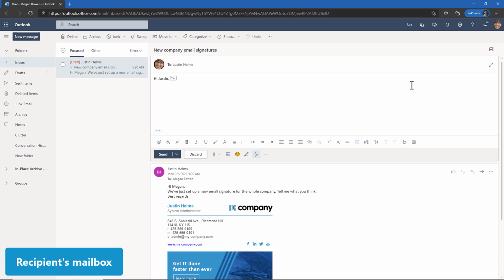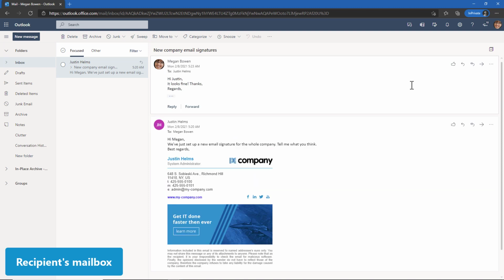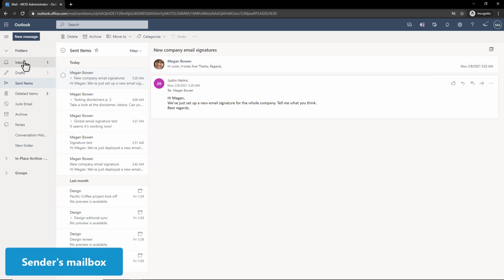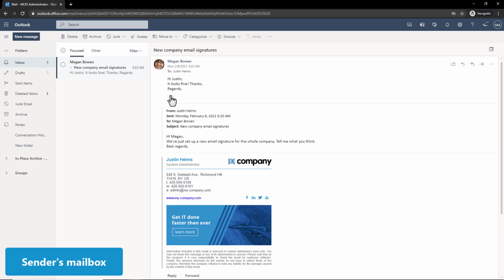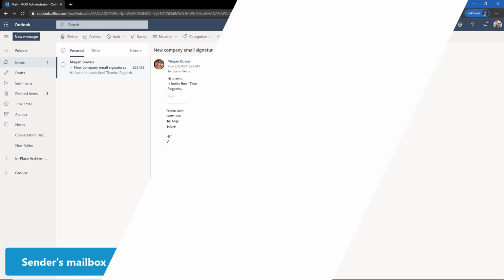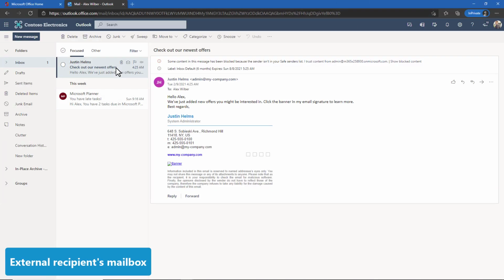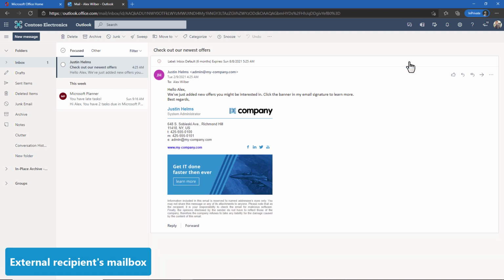Now let's see what happens when I reply inside an email conversation. Normally my signatures would pile at the bottom of the thread. But thanks to the exception I configured earlier, that doesn't happen to my signature. There's always only one signature. But this also means that there are no signatures below each reply and forward. Unfortunately, Exchange Mailflow rules do not support that. One more thing, if an external recipient opens my message, the images are blocked by default, so they need to use a dedicated option to see them.